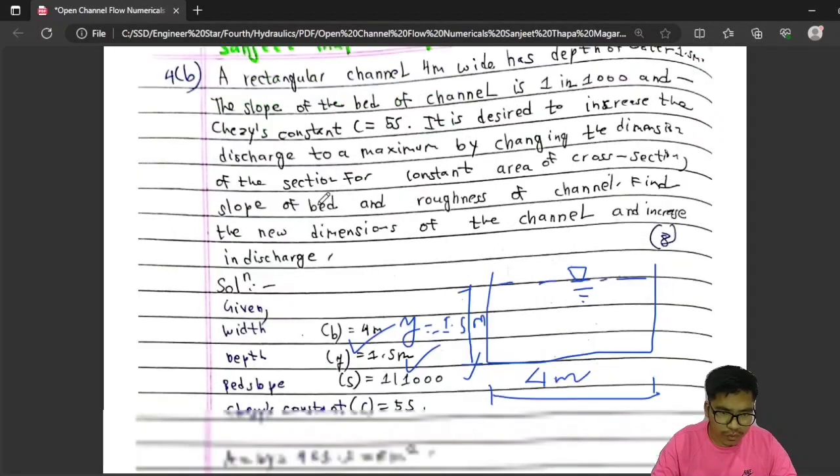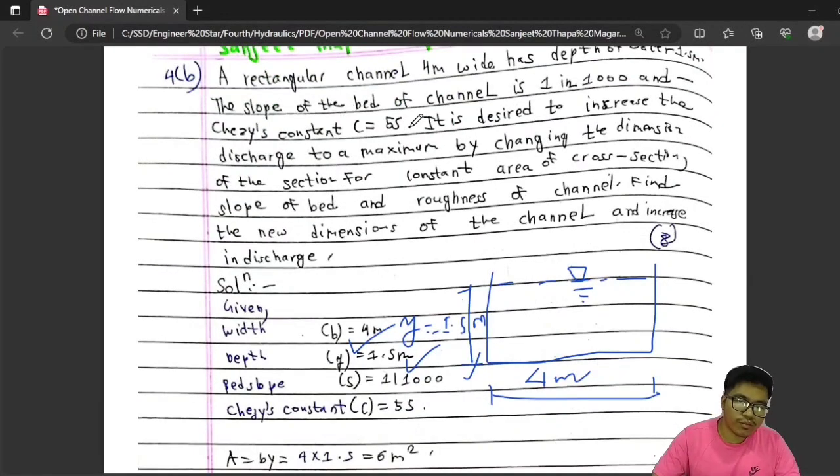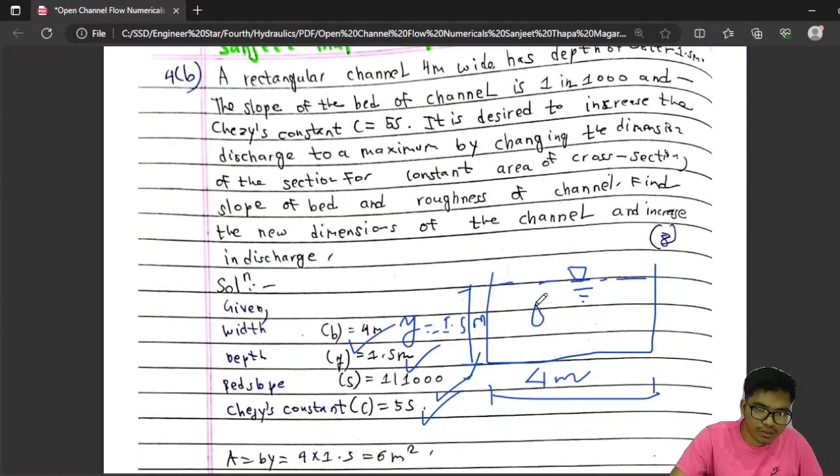The slope of bed of channel is 1 in 1000, that is 1 divided by 1000, and C is 55. It is desired to increase the discharge to a maximum. So from this dimension the discharge will be, let's say, Q. So it is desired to increase the discharge to maximum. Next case is Q max